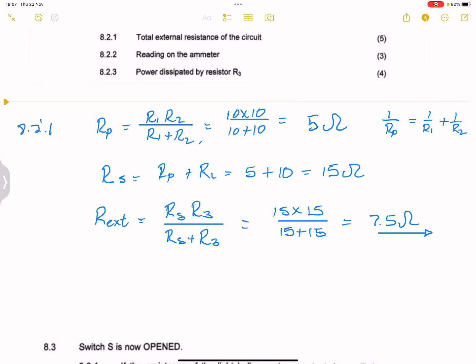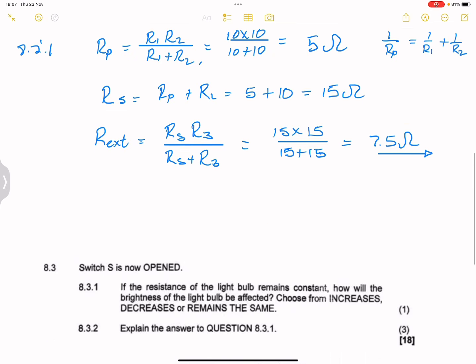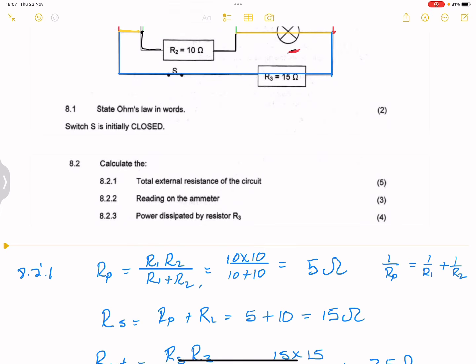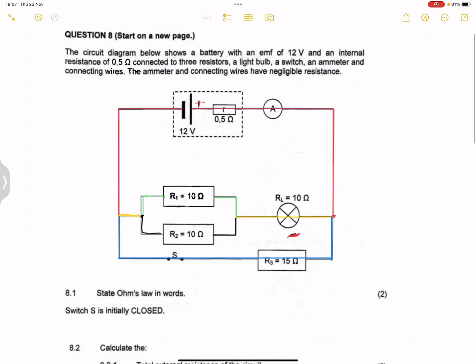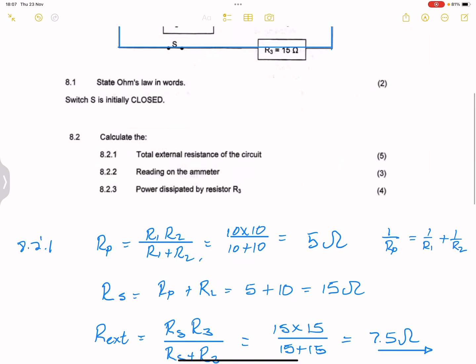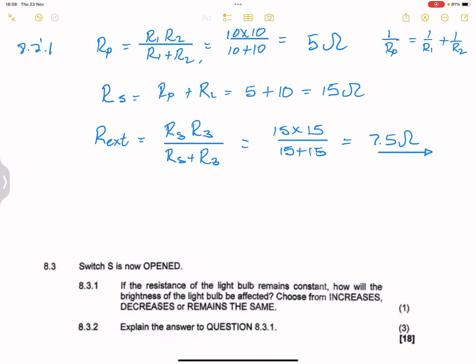Okay, at least use that once so that we know that this is the formula to use, right? Okay, so we've got the external resistance of the circuit. They say calculate the reading on the ammeter, right? Now, remember that we're looking for the total current, right? And we're given the EMF, so we can say, right, for